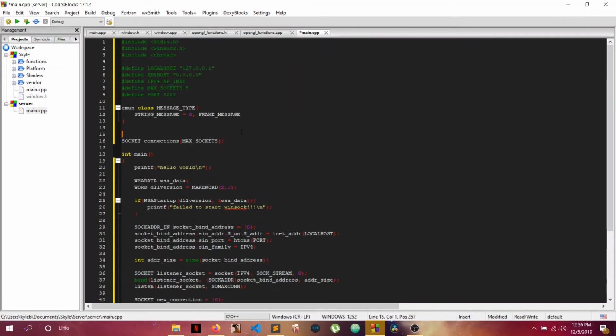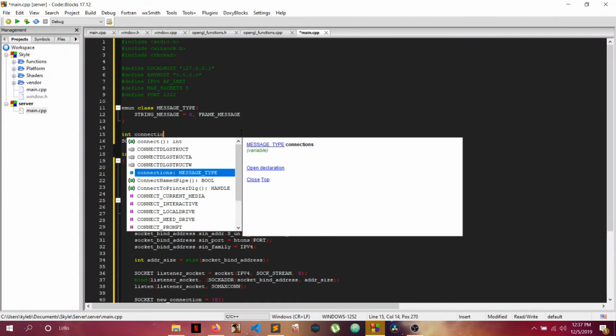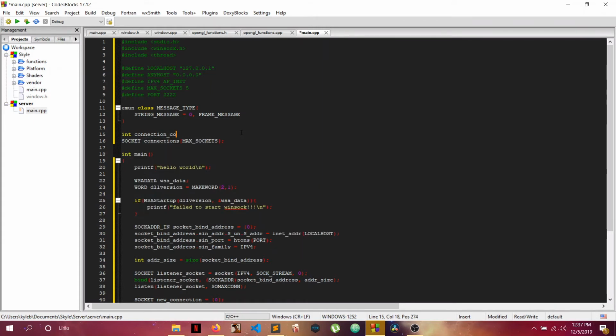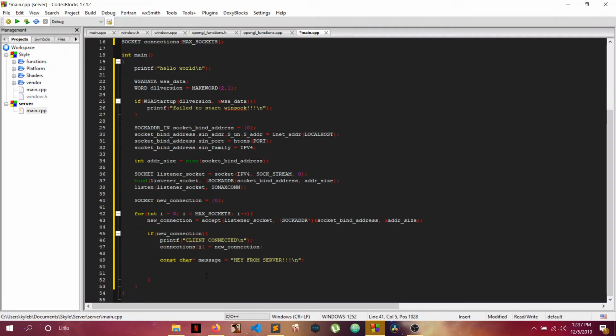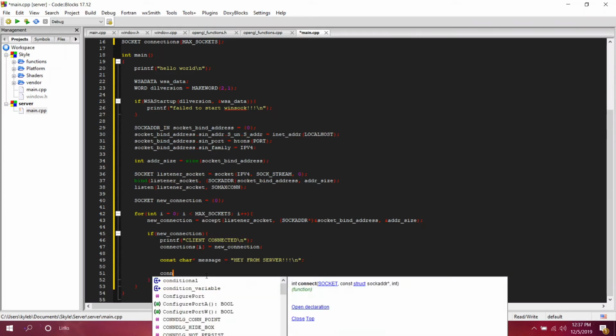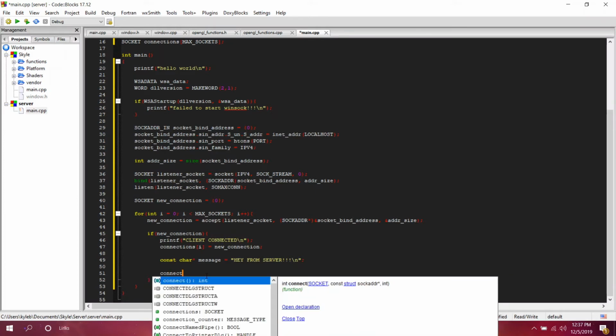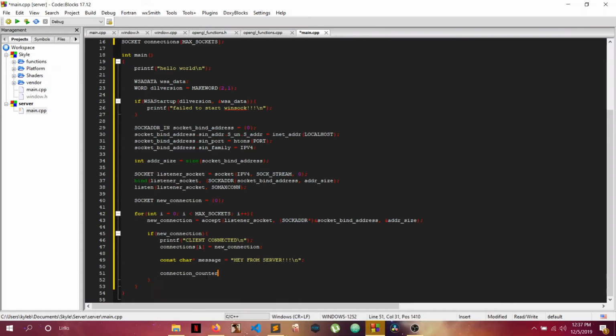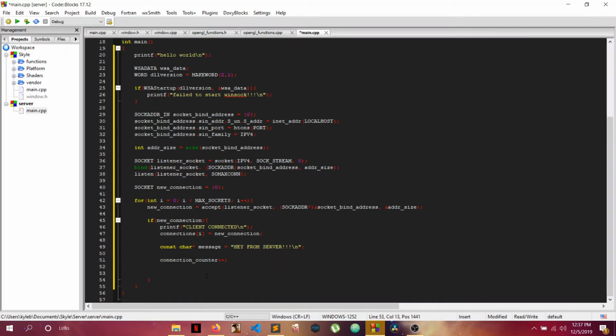So we call it int, it's going to be another int, connection counter, which is just going to be set to 0. And every time we go through here, we're just going to do connection counter plus plus. And then the next part is pretty important. We have to create a thread because, as I said, this is blocking, so we have to create a thread